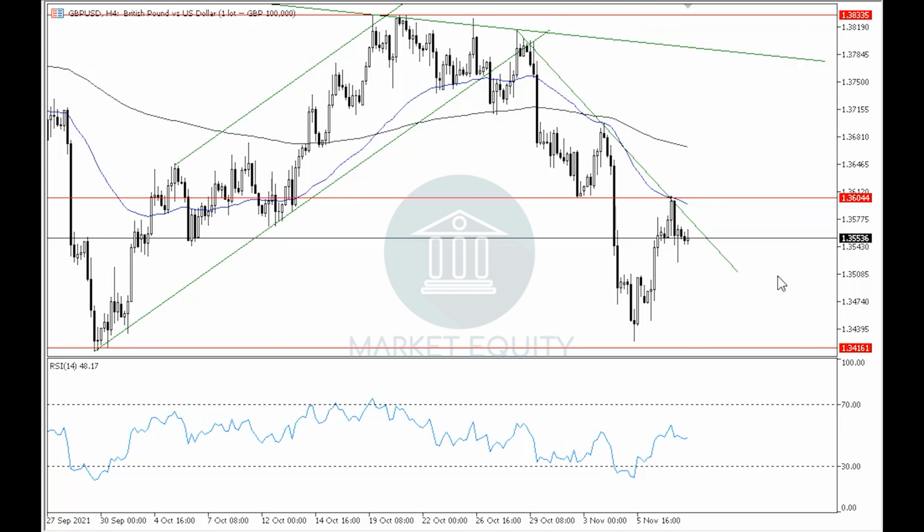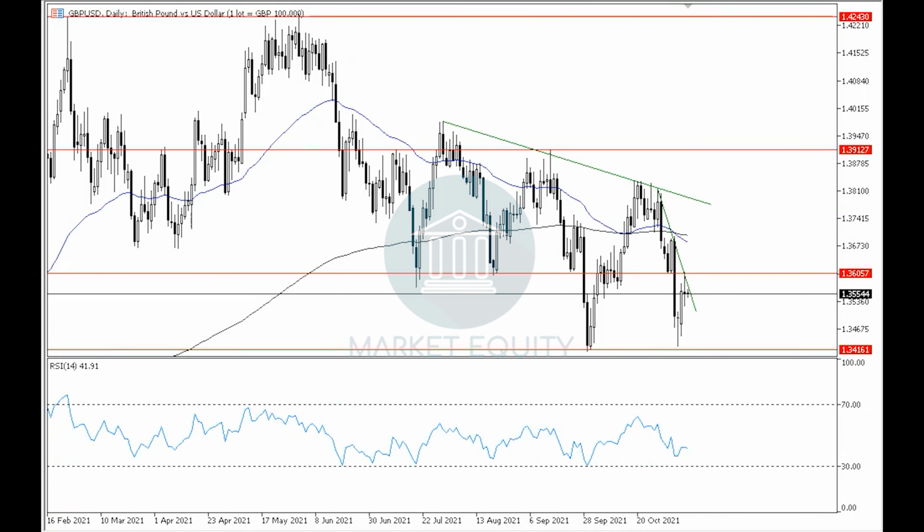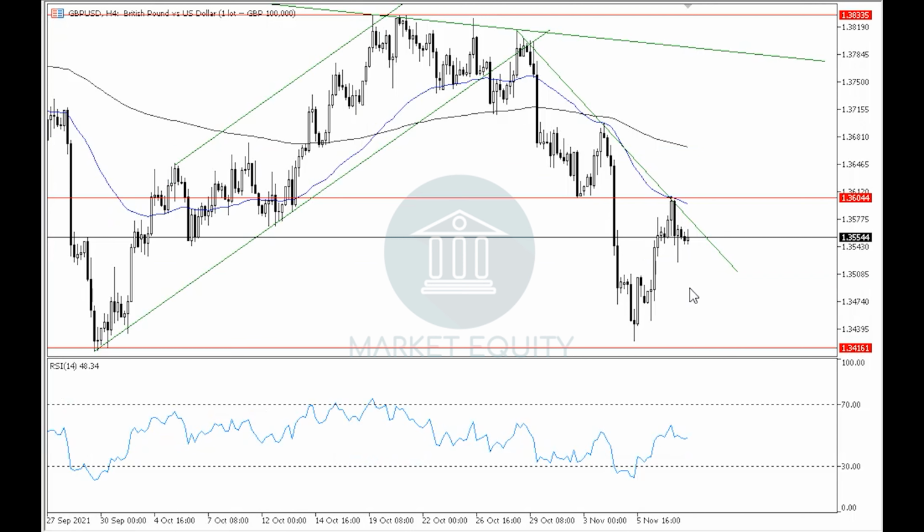Let's begin with the British pound versus the US dollar, where in the previous videos we said that it is moving in a downtrend in the 4-hour time frame as well as the daily time frame, and recently, after it rebounded upwards off of around level 1.3415 in order to correct, it is currently retesting the downtrend line in the 4-hour time frame near around level 1.3605, which resembles a horizontal resistance level for the pair in the 4-hour time frame,